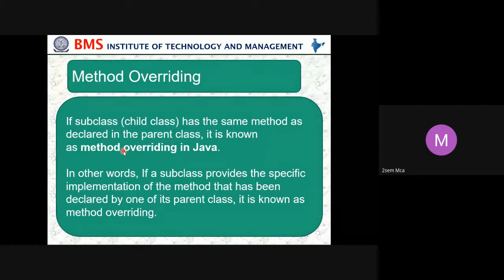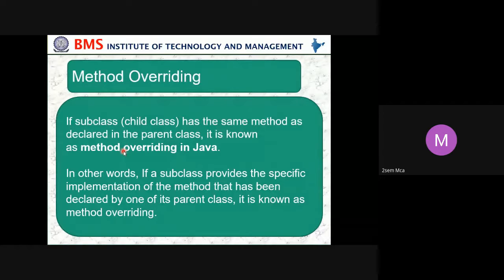So what is overriding? Can anyone say what is method overriding? If the base class and the child class have the same method name, then you say it is method overriding.